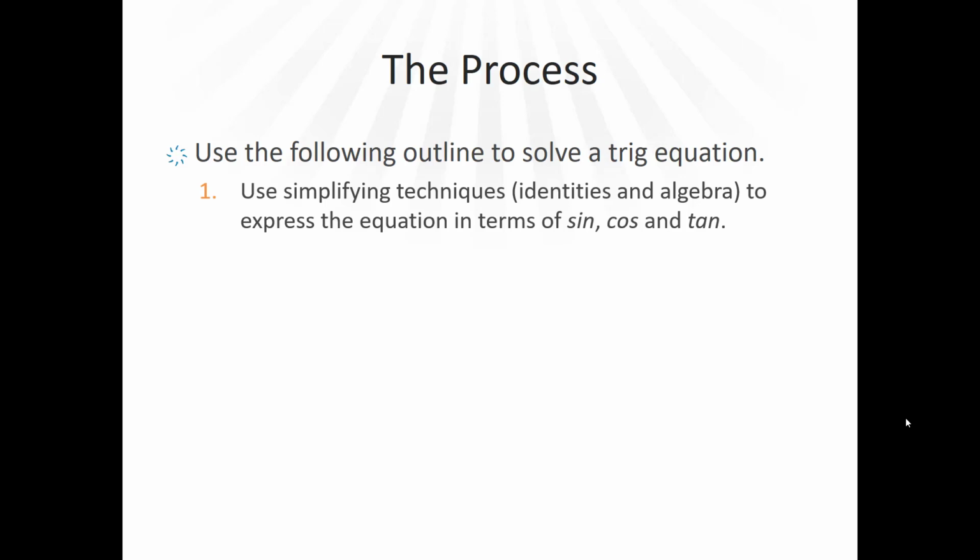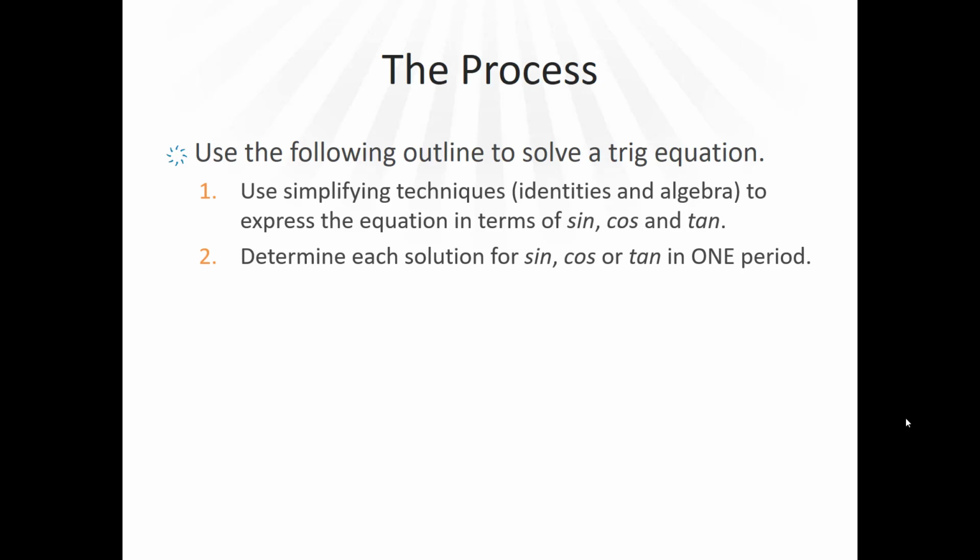When you have the identities, you want to make sure you have the equations all written in terms of sine, cosine, and tangent. Like the reciprocal identities that would let you convert cosecant to sine. So once we have our simplified equations, and we have them all in terms of sines, cosines, or tangents,